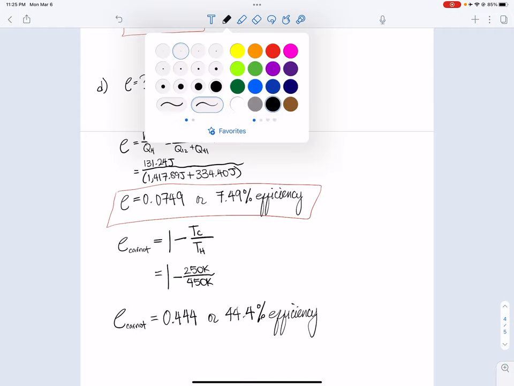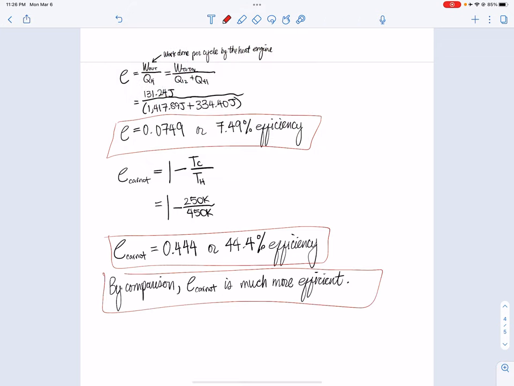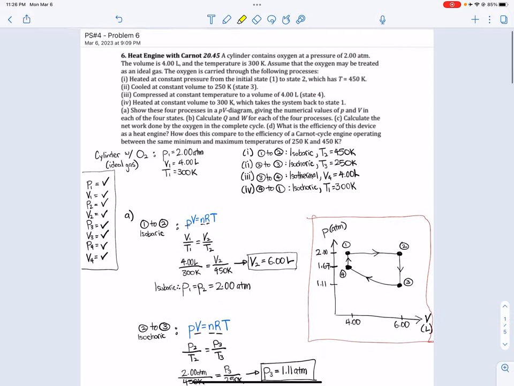Now, if we compare the efficiency of our heat engine and the Carnot efficiency of the Carnot cycle engine with the same minimum and maximum temperature, by comparison, the Carnot engine is much more efficient, because we can see that we went from 7.49% efficiency to 44.4% efficiency with a Carnot engine. So kind of a long problem, but hopefully that was fairly clear, and hope that